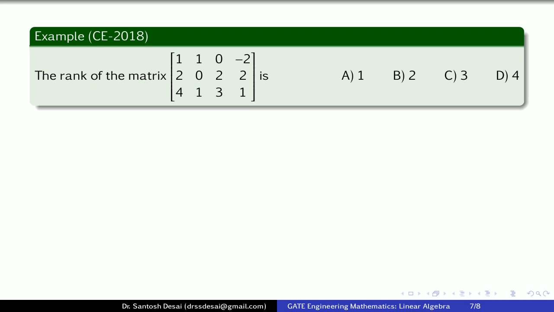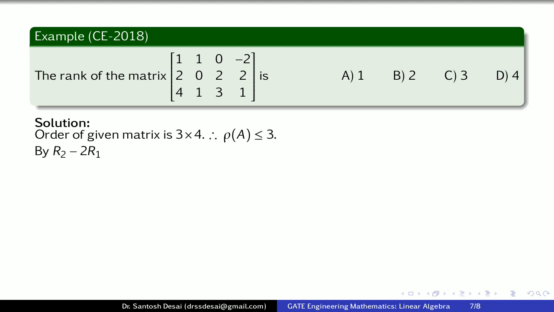Now here again this is a 3 by 4 matrix, so you have to reduce it again to the echelon form. So again let us consider the first element and try to bring zeros in the first column. In place of 2, we can bring 0 by using the transformation R2 minus 2 times R1, and 4 can be reduced to 0 with the transformation R3 minus 4 times R1. So therefore, the given matrix takes the form.